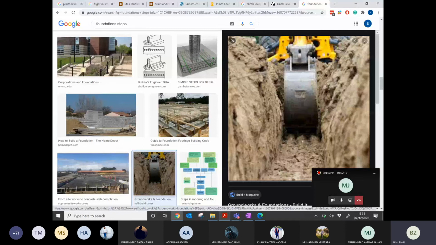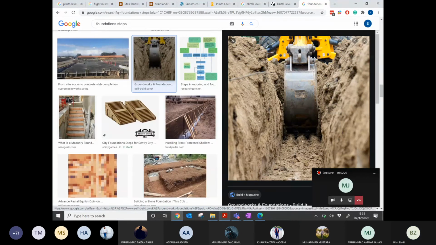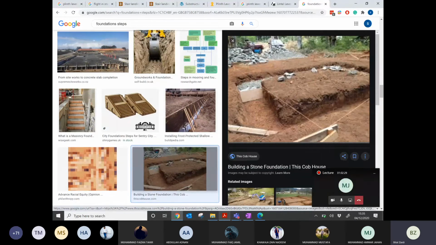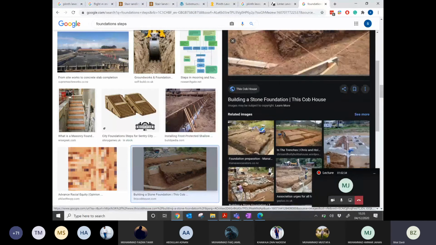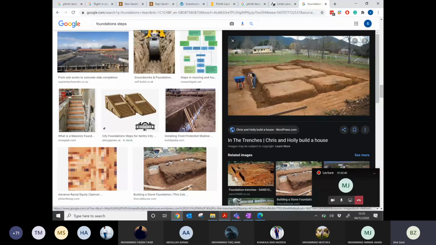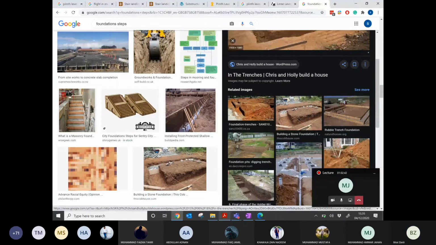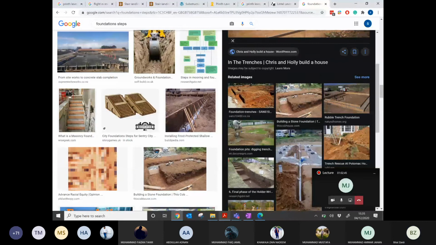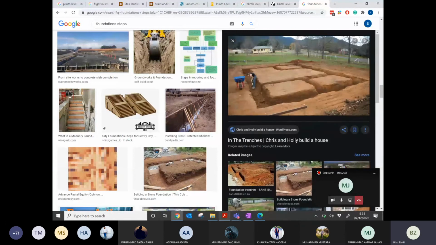You construct, first you dig the soil with an excavator, or sometimes with hand. After excavation you pour the concrete, and on the top you place your steel bars or the bricks, depending on the type of the soil or the strength of the soil. So this is the excavation by hand like this. The purpose of the foundation is to transfer the load of the superstructure into the substructure, into the underneath soil.